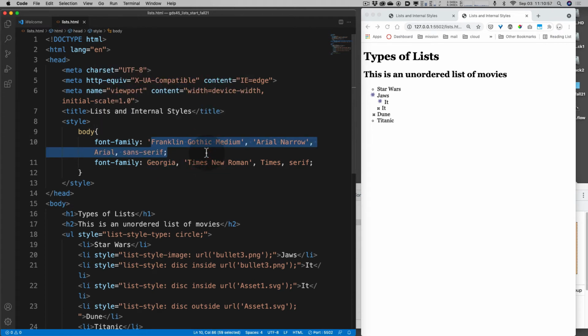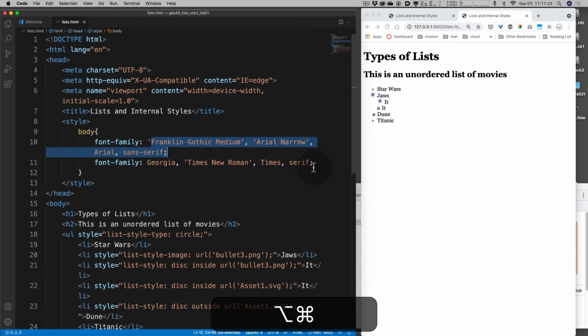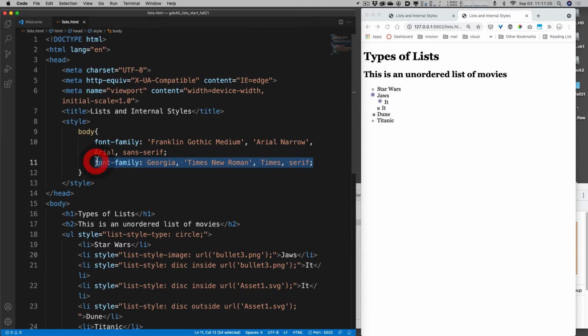So usually in the font stack, you want to end with a generic font style, and sans serif and serif are generic font styles. If I look at the text here real close, you see these extra little strokes at the ends of the letters? Those are called serifs. And that is a generic sort of thing. There are thousands of serif fonts, and thousands of sans serif fonts. This one is now a serif font. So I wanted you to see that. And we'll talk more about that stuff later, like we said. Okay, so